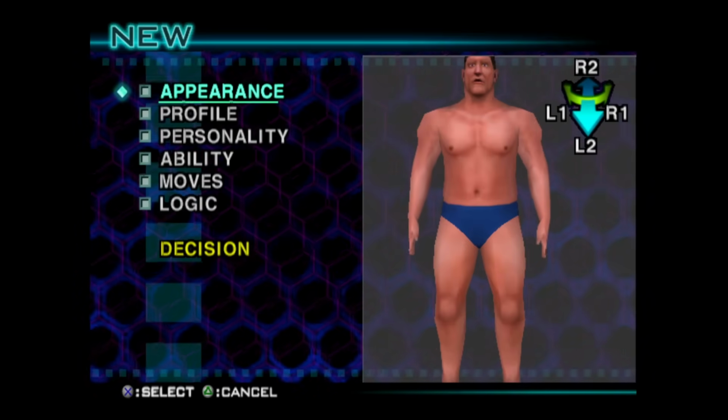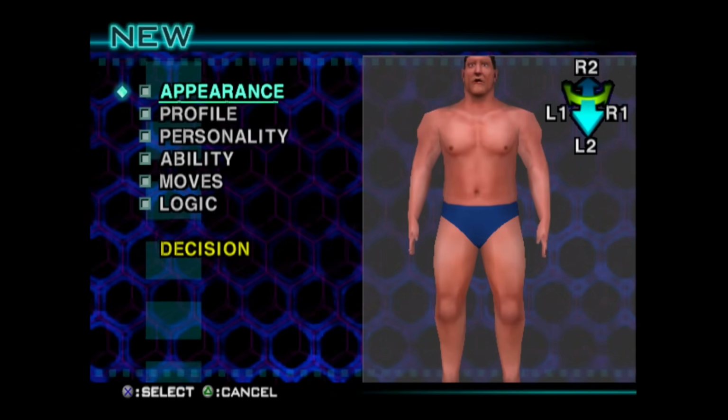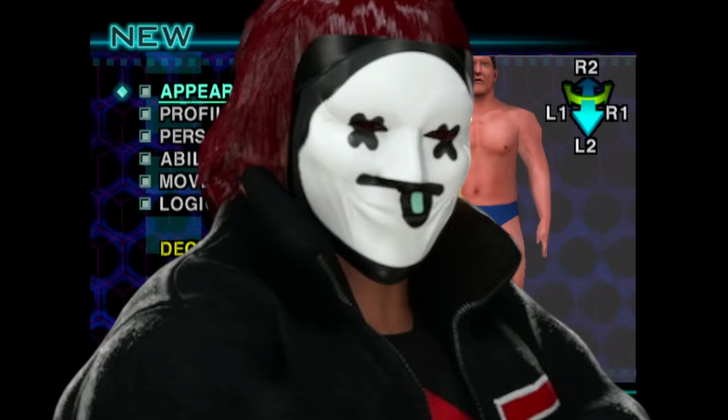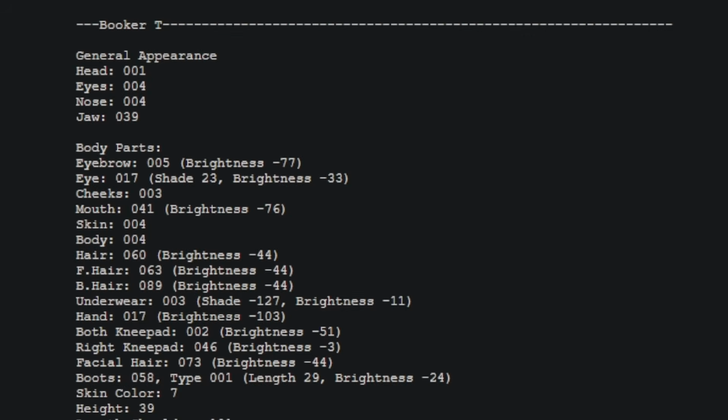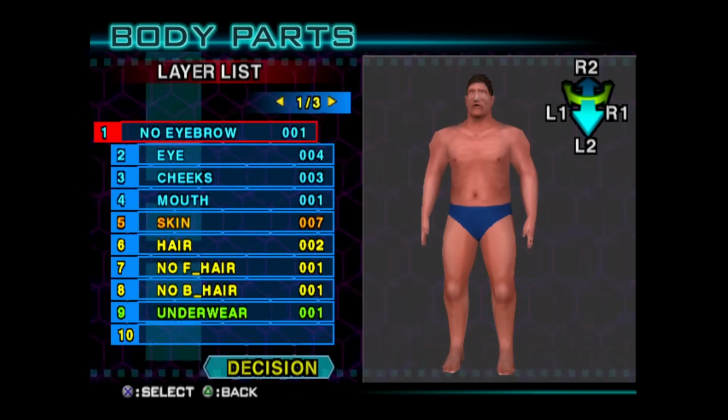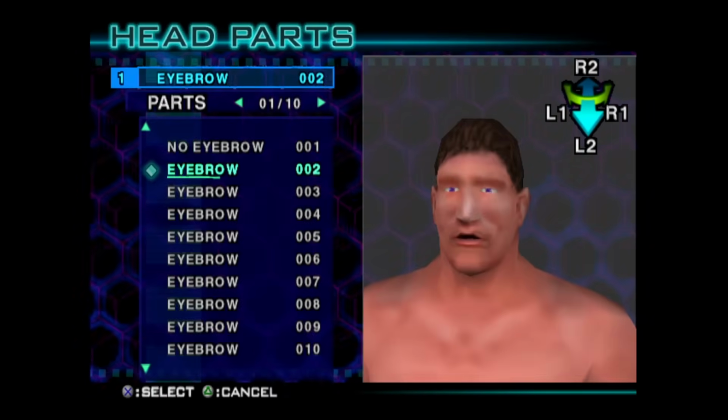Attempt to make an accurate Booker T and create a wrestler. So, how will I do this with no CC? Well, getting a formula from GameFAQs like the old days. If you're an OG, you know. This took a bit to make, so we'll speed through it,